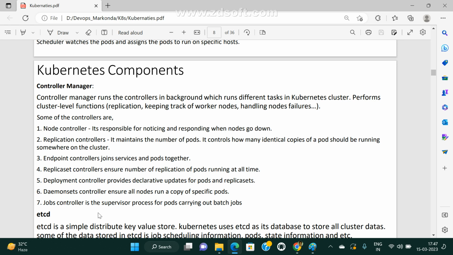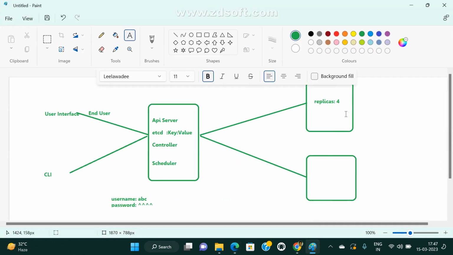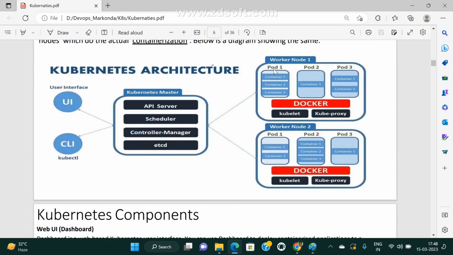There is a daemon set object, which keeps a copy of a specific pod. So this is worker node 1 and this is worker node 2. For each worker node, I want to maintain one copy, for a common functionality purpose, such as monitoring or checking some common functionality. Not only 2: for example, I have 10 worker nodes, and in each of the 10 worker nodes I want to maintain one single copy. In that case we go for